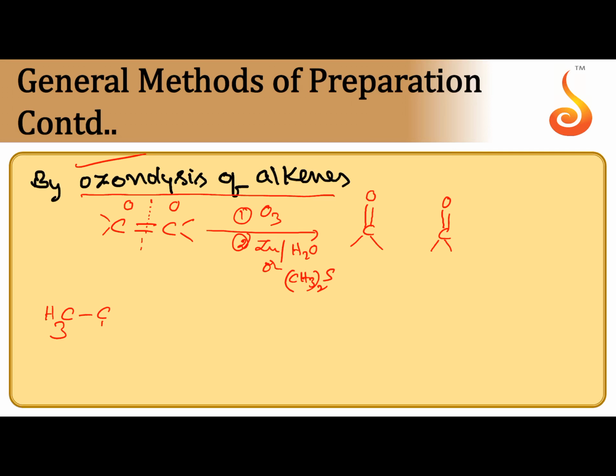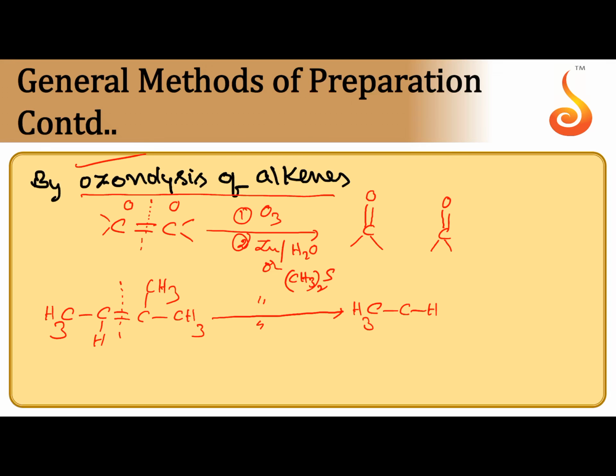Suppose CH3CH=C(CH3)CH3, 2-methyl-2-butene, is subjected to ozonolysis. So at this time, how to write the product? You break the C=C double bond,